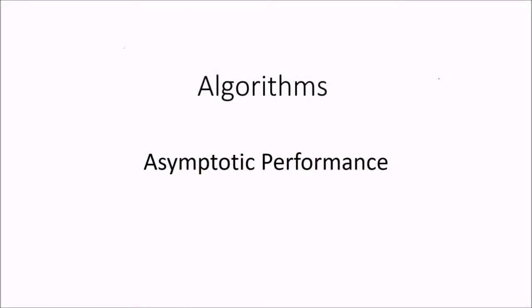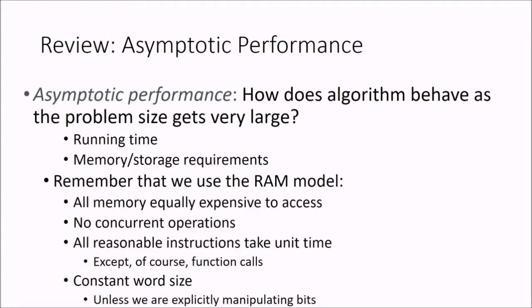Exploring more about asymptotic performance in Introduction to Algorithms, we have seen that asymptotic performance, what do we mean by this? How does an algorithm behave when the problem size gets large, we are talking about very large, with respect to the running time and the memory and storage requirements. So we have already agreed that we will use some model and there are certain things which are related to it,